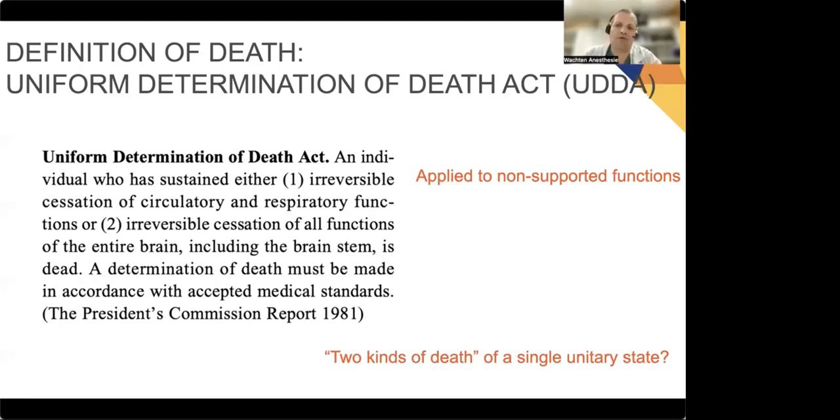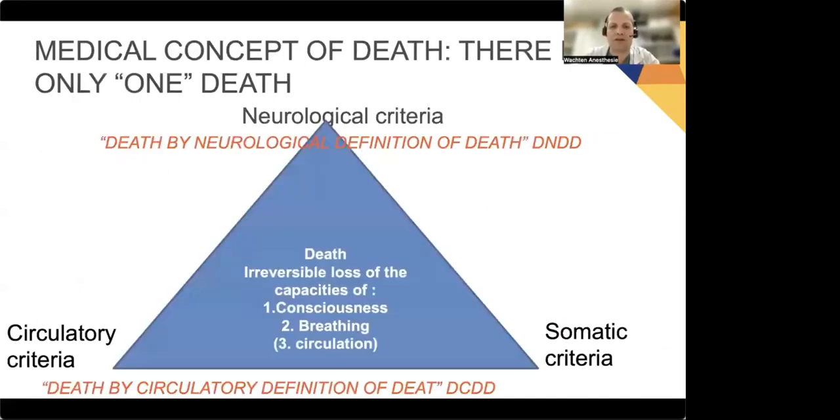But we, from the transplant community, have over-interpreted this definition as if there are two kinds of death. We have dichotomized death into circulatory death and brain death. However, death is a unitary state. There's only one type of death, and death is a one-way ticket. You can never come back from death. So I will take this into my presentation, furthermore, that by dichotomizing that, we have installed some of the issues, some of the problems dealing with organ donation.